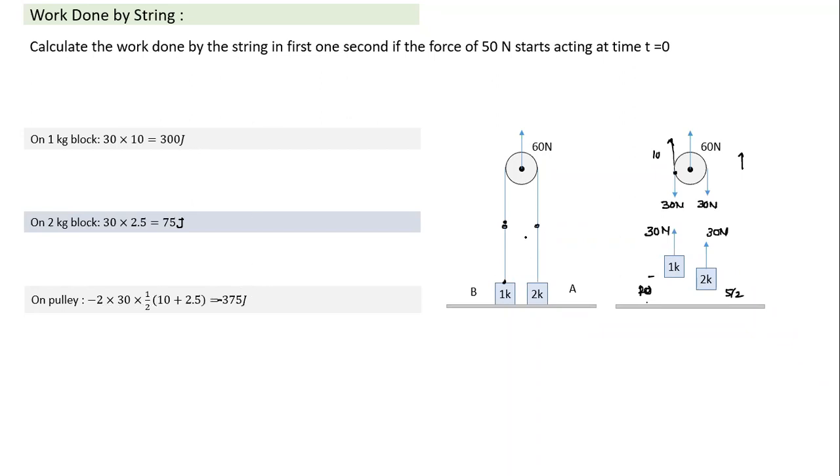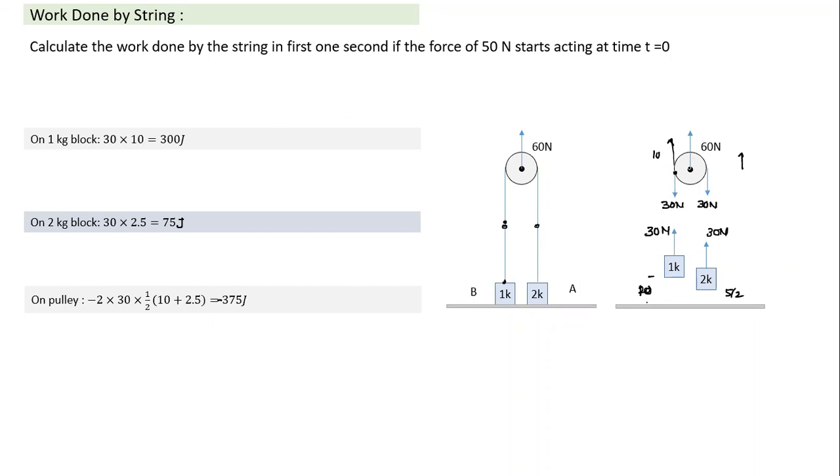So whenever we have to calculate work done by the string, we need to calculate work done not only on the objects it is connected to, we also need to take this part as well, unless the pulley is fixed. If the pulley was fixed, the work done on the pulley would have come to 0. So this is the part I think all of you need to understand if you are interested in understanding how the work done by the string is calculated, and it should always add up to 0.